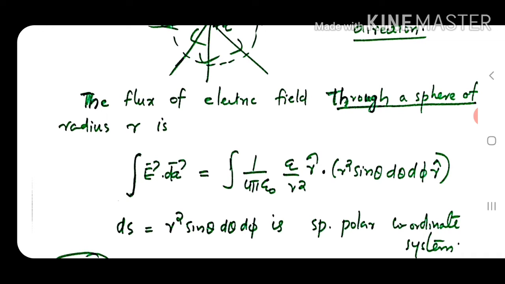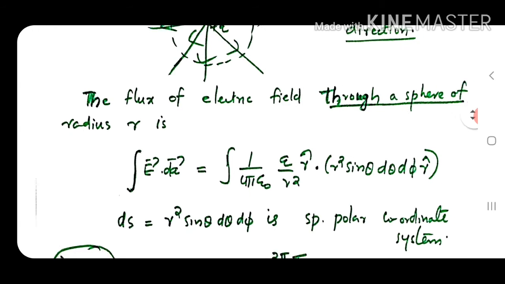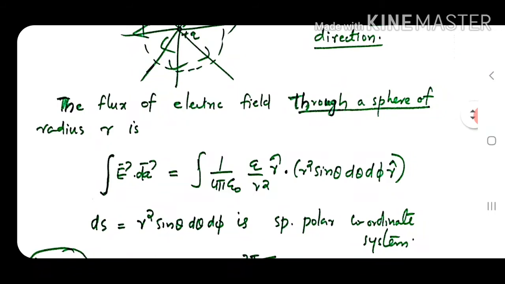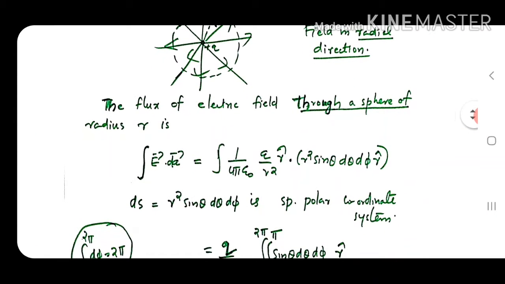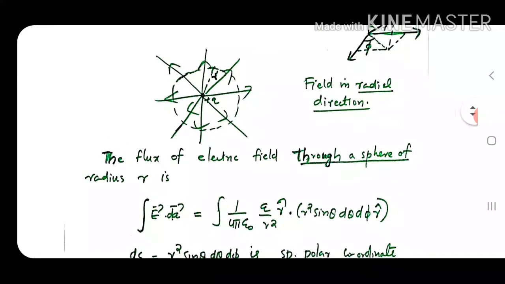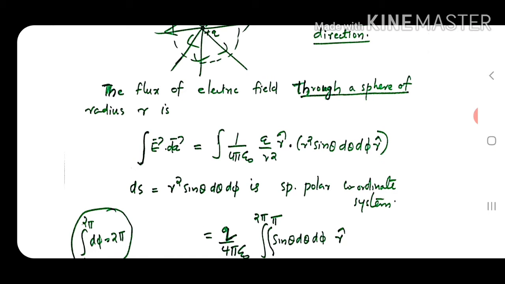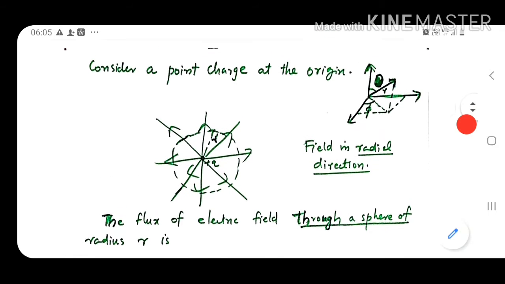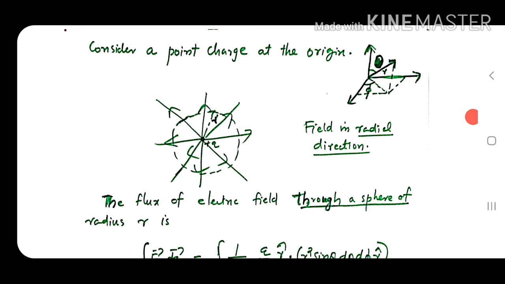So that is equal to integral 1 by 4 pi epsilon 0 q by r square r-hat. This is the field due to a point charge, and the unit vector r shows the field is in radial direction. And dA is a small area element that is actually in spherical polar coordinates. We are considering this in the spherical polar coordinate system because it is more convenient here, because we have a sphere and we are integrating over the surface of the sphere.